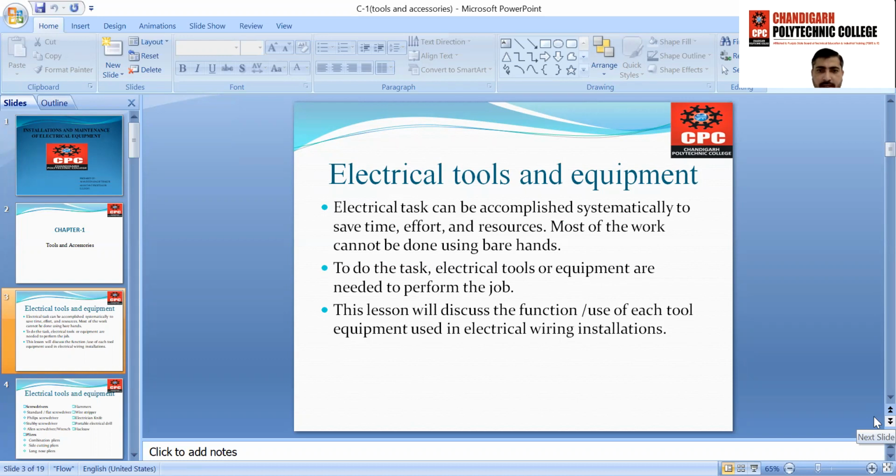Most of the work cannot be done using bare hands, so we have to use tools and accessories for electrical measurement, installation, and during the maintenance of electrical equipment. This lesson will discuss the function or the use of each tool used in electrical wiring installation.